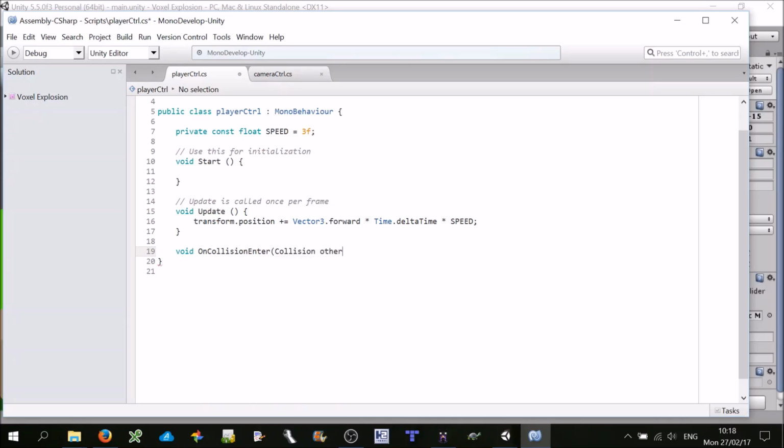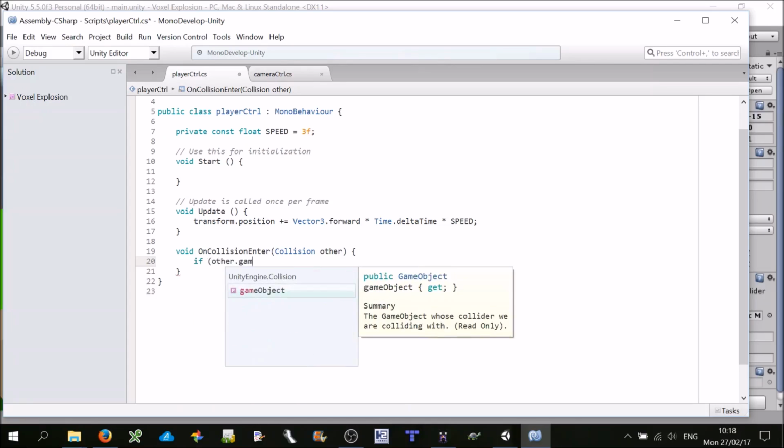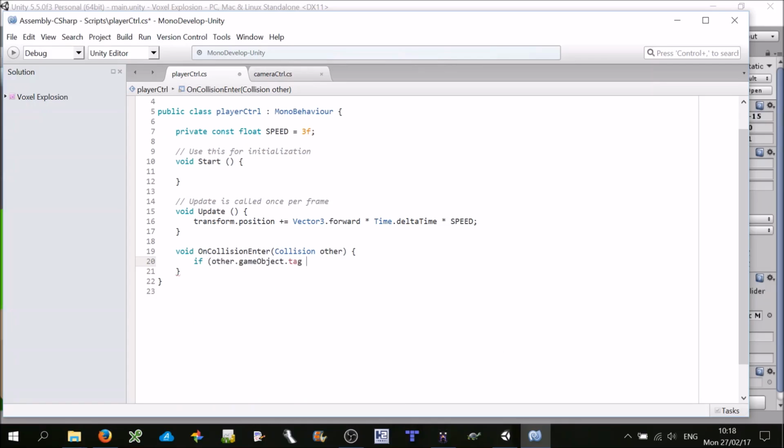We'll call that parameter other, because it represents the object that it's striking, so the other object it's striking. Let's use a condition. So if the other game object tag equals WALL,